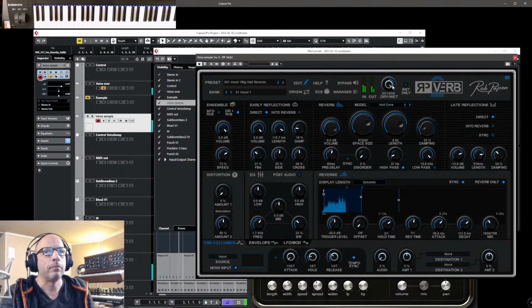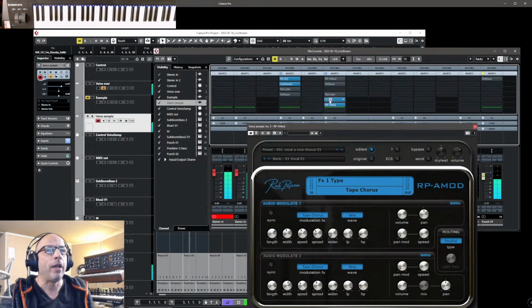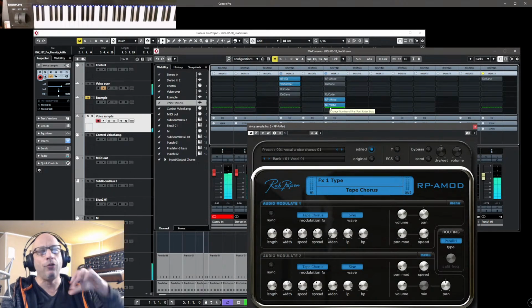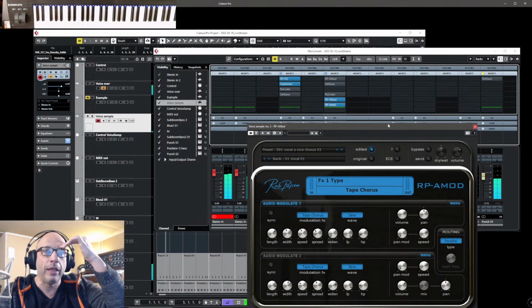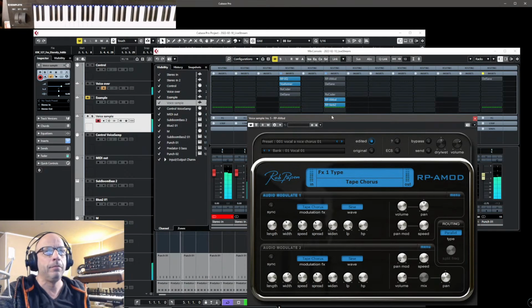RP-2. Okay, again. Okay, maybe a little bit less. So now I have a reverb behind it to give you a more normal production. So if I put off now the chorus,